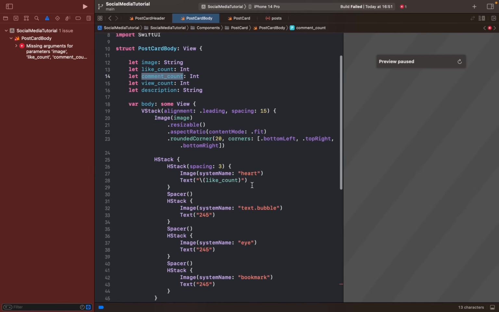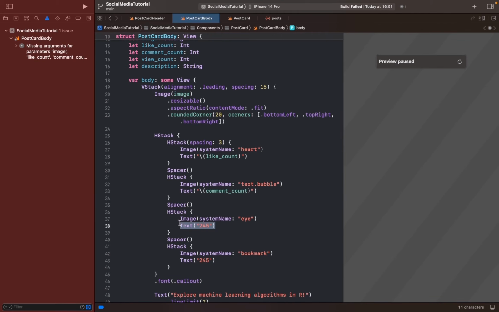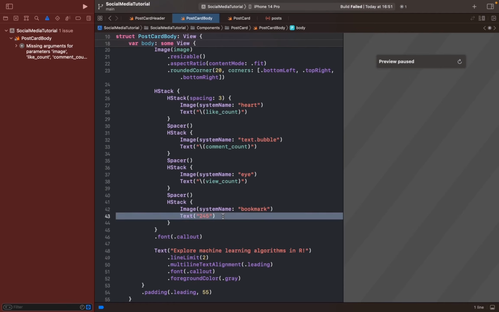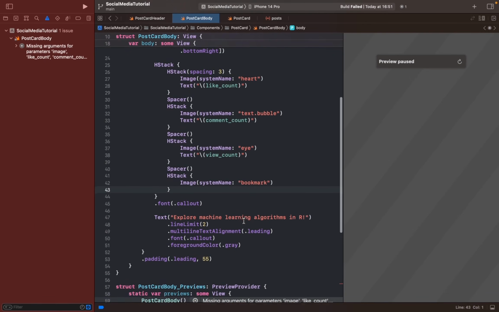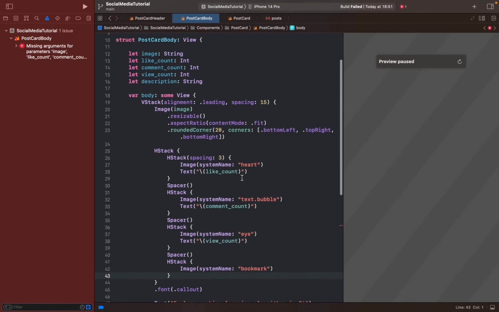Also for others, I will do copy paste. For example, here it is comment count and view count. We don't need text for bookmark. So let's delete. Okay, we can delete previous also, but before that, I want to make a new extension for